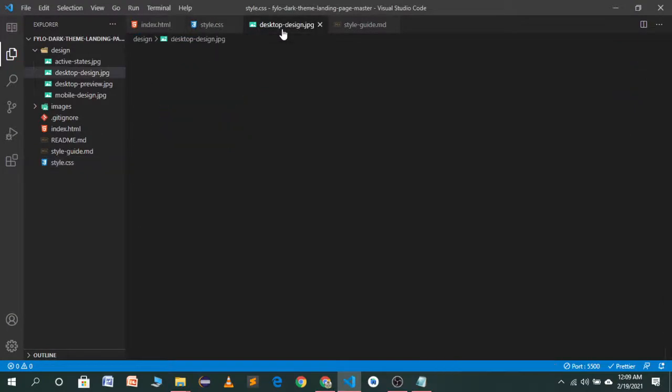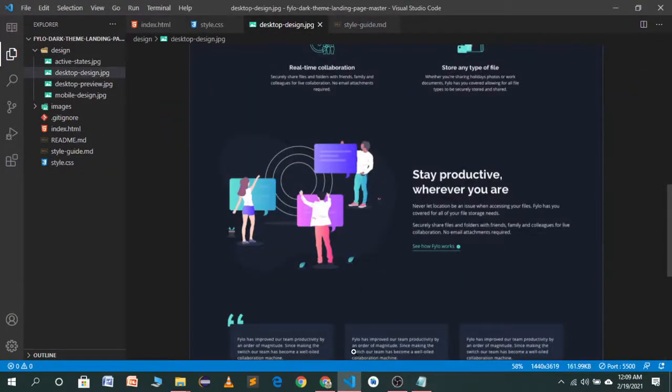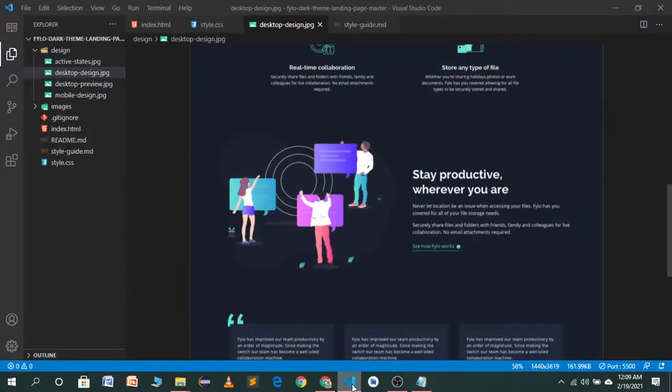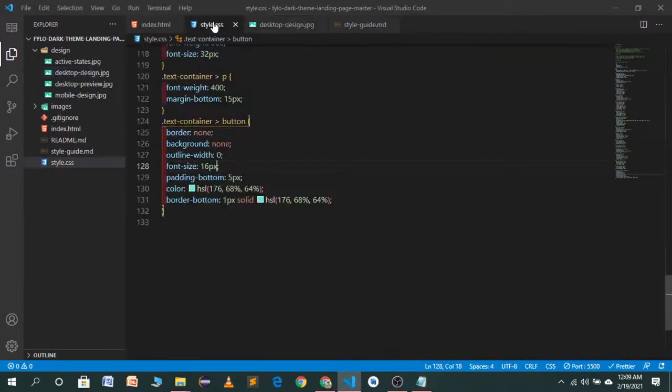As you will see in the demo, we have to use a cursor pointer, so as we hover over it, the cursor will change. So let's go to our CSS file.